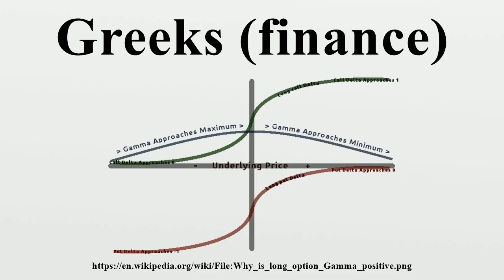Cross Volga measures the rate of change of Vega in one underlying to a change in the volatility of another underlying. Formulas for European option Greeks. The Greeks of European options under the Black-Scholes model are calculated as follows. Where φ is the standard normal probability density function and Φ is the standard normal cumulative distribution function. Note that the gamma and Vega formulas are the same for calls and puts. For a given stock price, strike price, risk-free rate, annual dividend yield, time to maturity, and volatility,